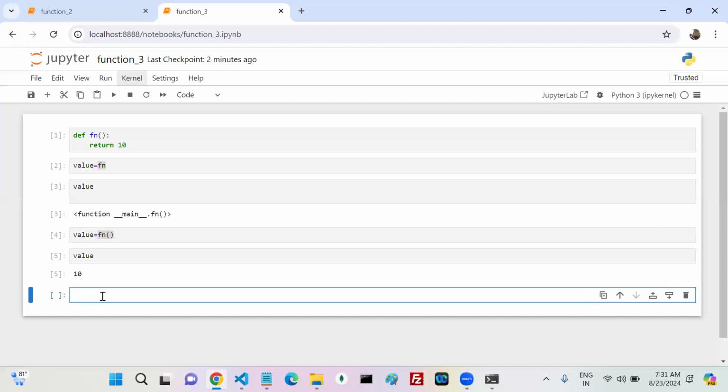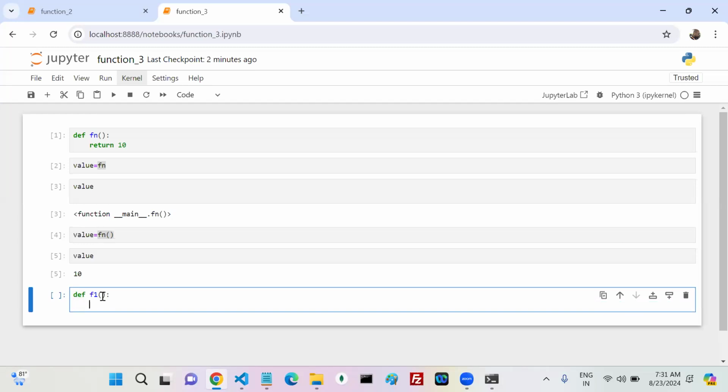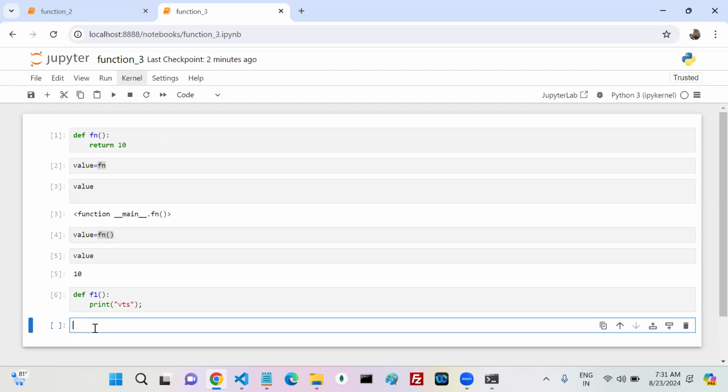Okay, now can I write one more? Syntactically valid or invalid? Valid.